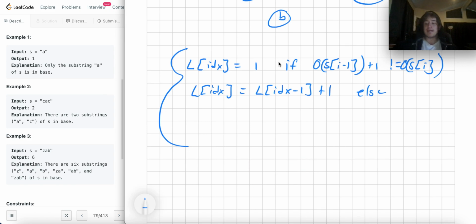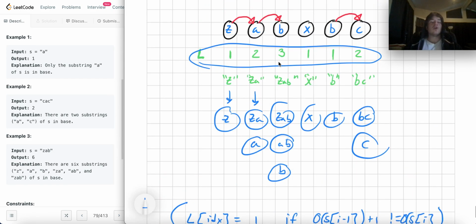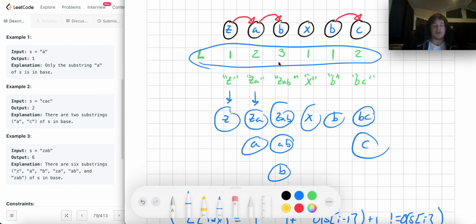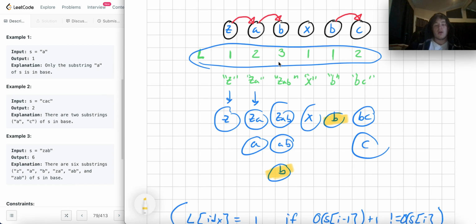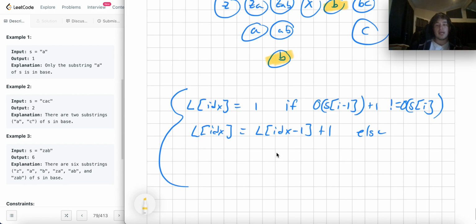But the problem is, where this becomes problematic is, well, that would give you the total number of substrings that are in the wraparound infinite string. But we don't want the total number of substrings. We want the total number of unique strings. And you'll notice here that we have repeating terms. So if we returned this solution using this recurrence relationship, this dynamic programming approach, it wouldn't give us the